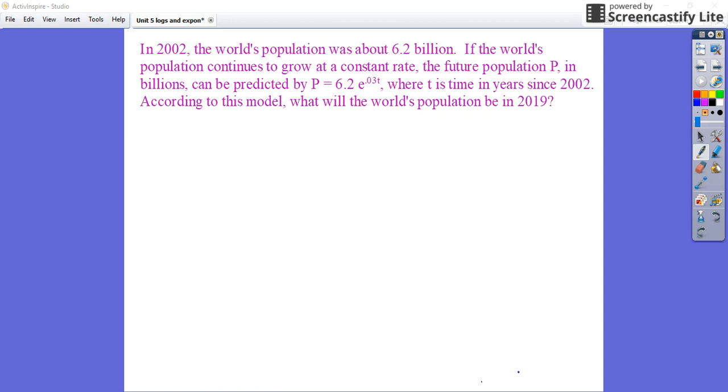And according to this model, what should the population be right now? And actually, the question I'm asking is, what should the population be in 2019? But first, I want to look to see, is this model actually correct for right now? So what would P be? P would be the future population. So if we just stick in a value, say 6.2 e to the 0.03 times t. Now, time is since 2002. Well, it's 2018 is when the video was made here. So that's 16 years ago. So when I do that, I end up with a total here of